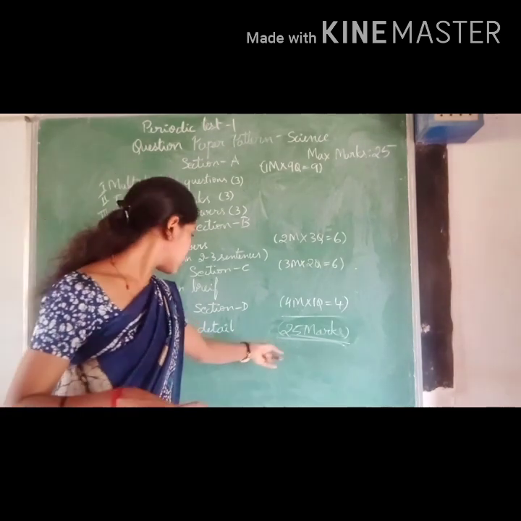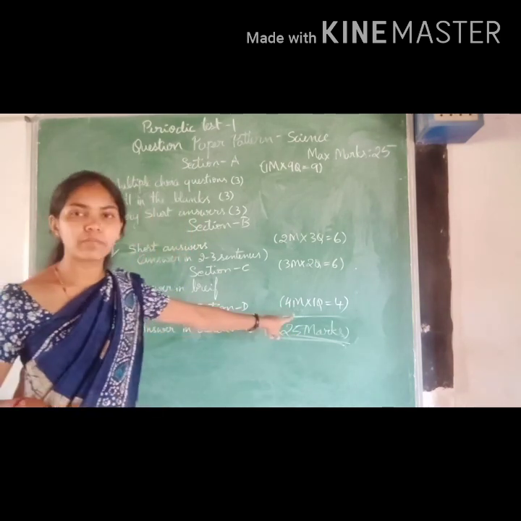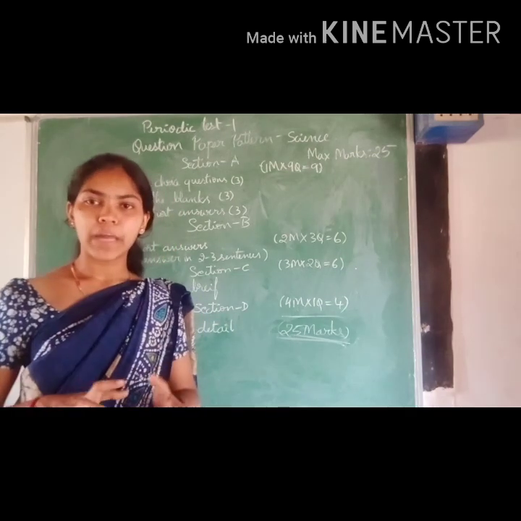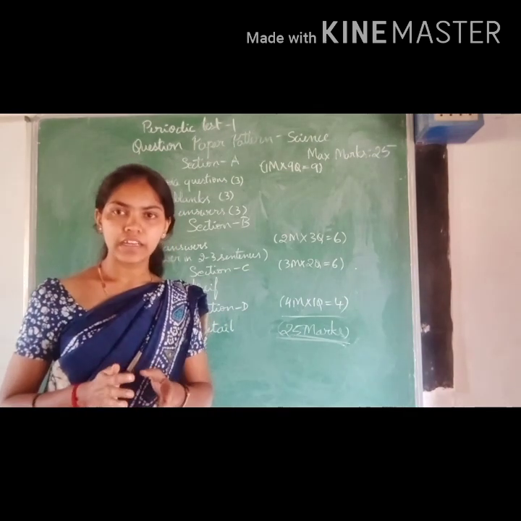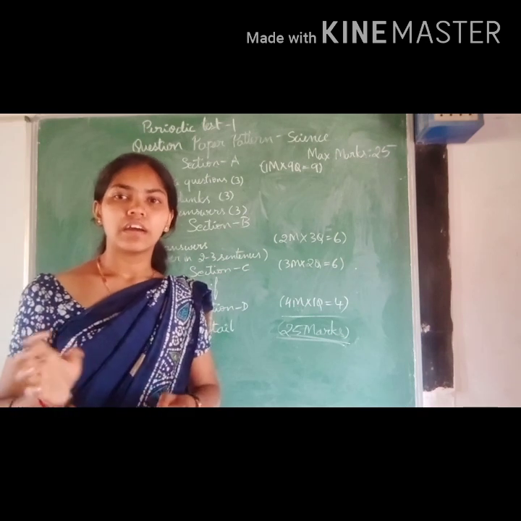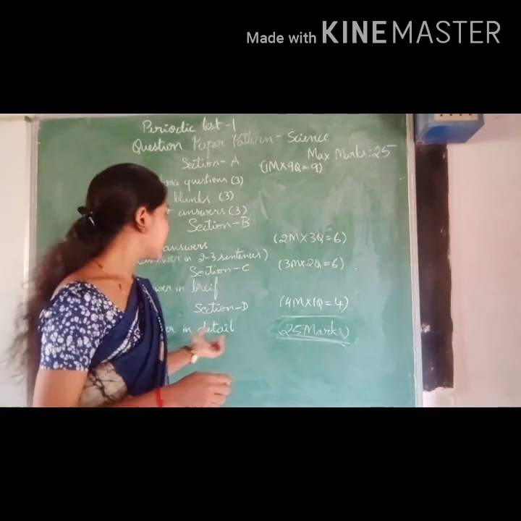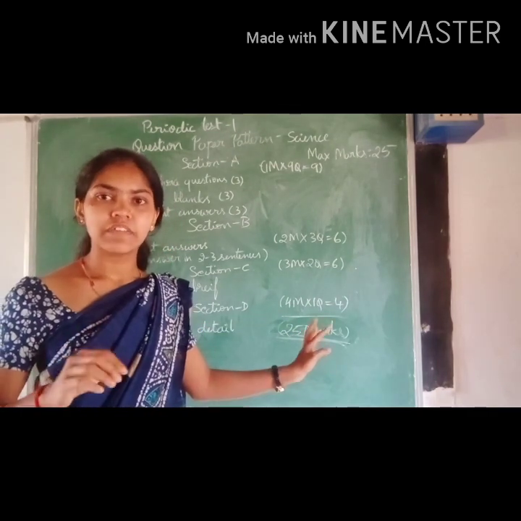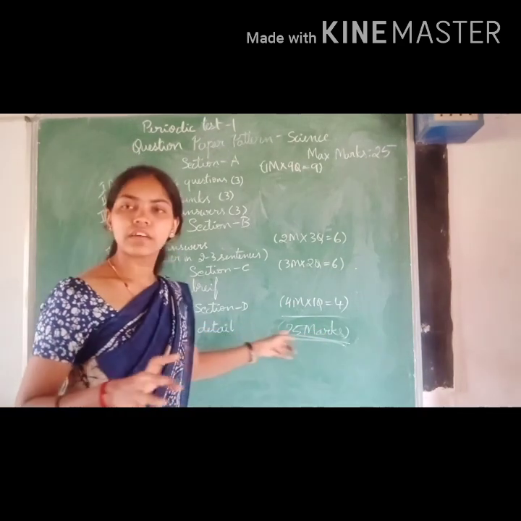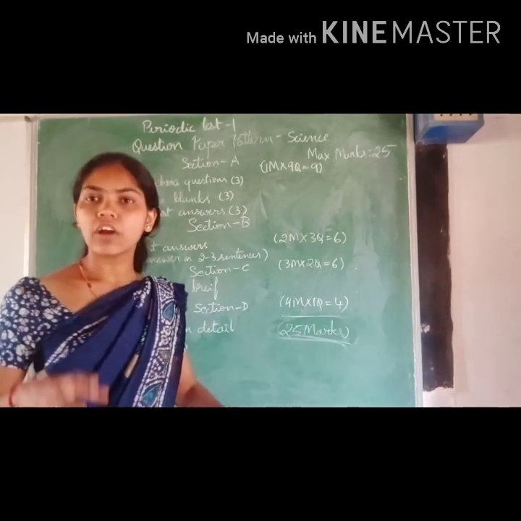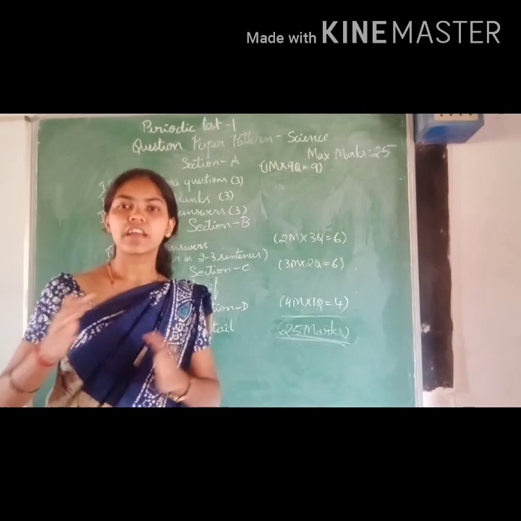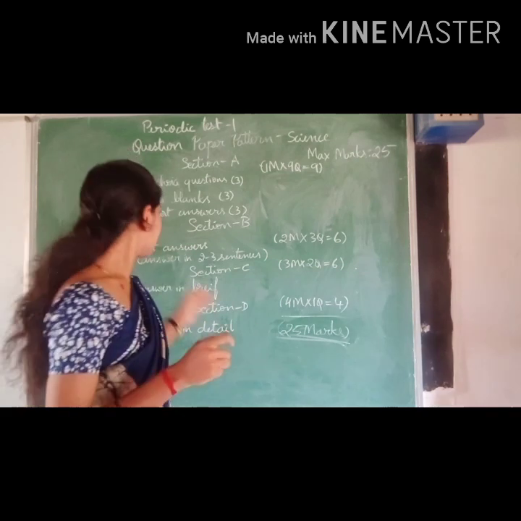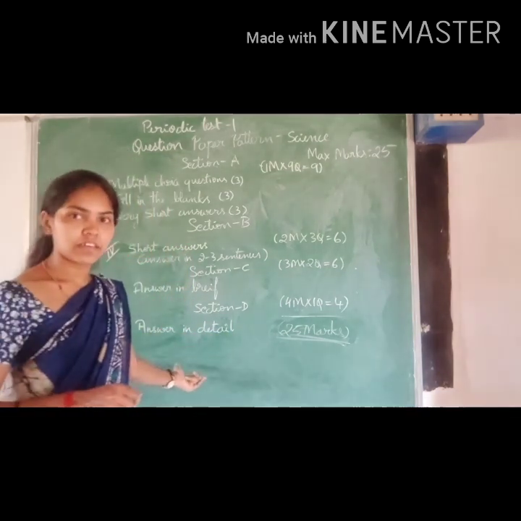It carries 4 marks. Answer in detail, section D carries 4 marks. You have to write all the points. Here we will ask the comparison between 2 things and to write the difference between the 2 things. All these questions we will be including. If they ask for 4 marks, you have to write 4 differences. If they ask for 4 characteristics, you have to write the 4 characteristics and explain each within 1 sentence. So this is how the question paper pattern is.